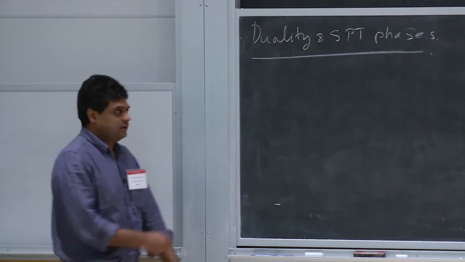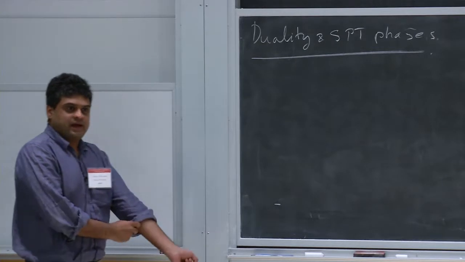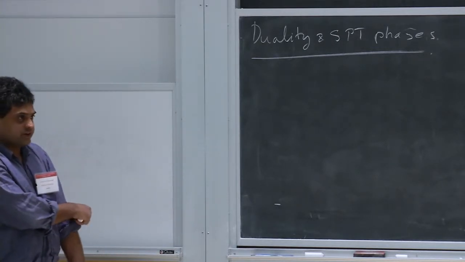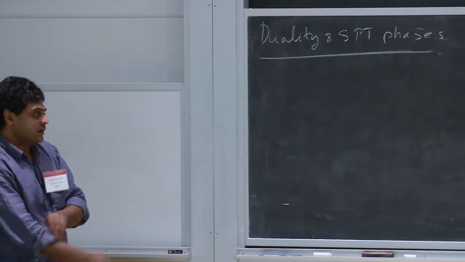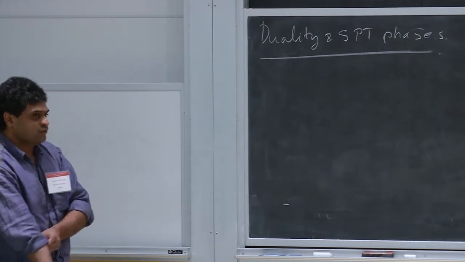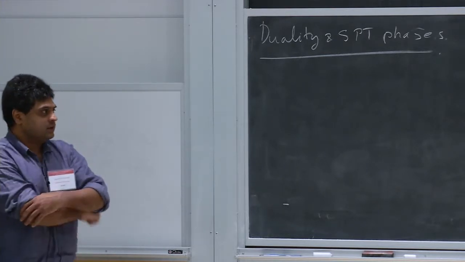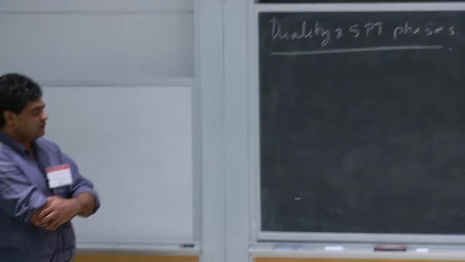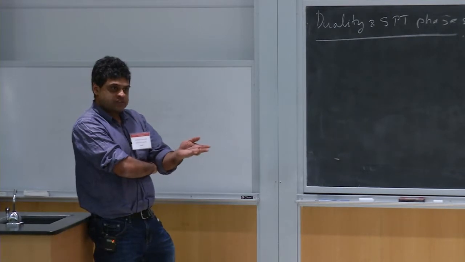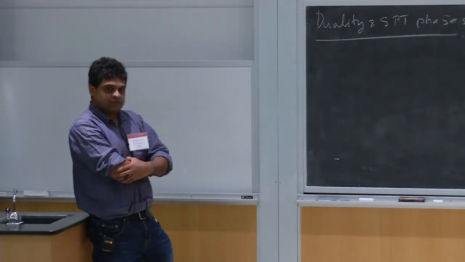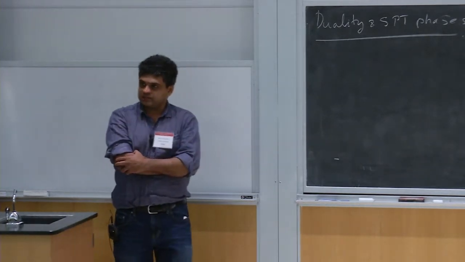So dualities really are trying to take a theory which you have specified in one set of variables and find a different set of variables to describe the same theory. Usually there's a very physical picture for what you're doing. Often, at least in the cases we look at, the new set of variables actually refers to some topological defects of your theory. If you had a superfluid, you have vortices, you can describe that phase of matter either in terms of particles that have formed a Bose-Einstein condensate or in terms of vortices. That's a completely equivalent way of describing the system. And there are advantages of having at your disposal these other variables.